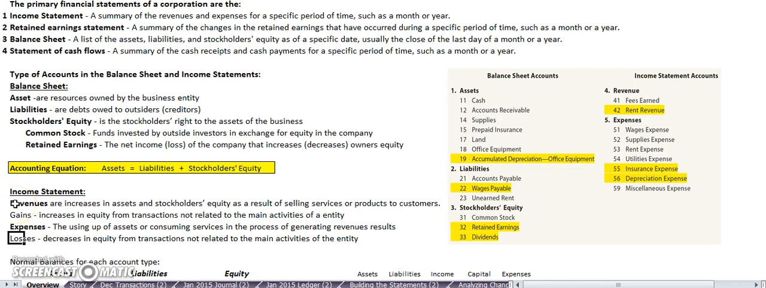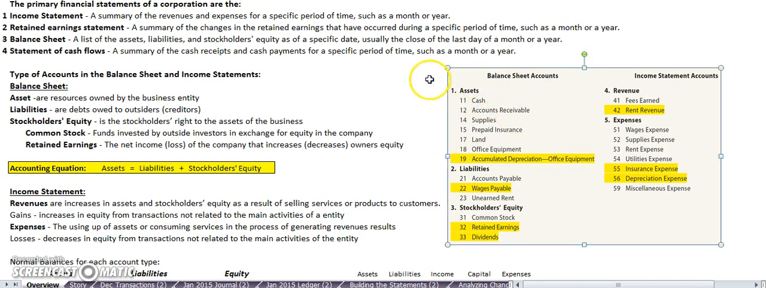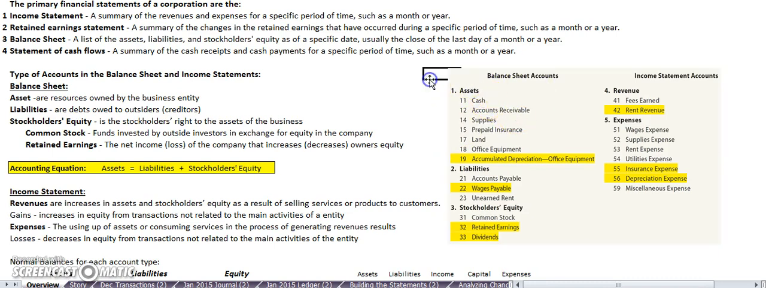So every company has, as you can see here, a chart of accounts. And the chart of accounts is usually listed in the order in which they're shown in the balance sheet and the income statement. As you can see, assets go first, then liabilities, stockholders' equity, then revenues,